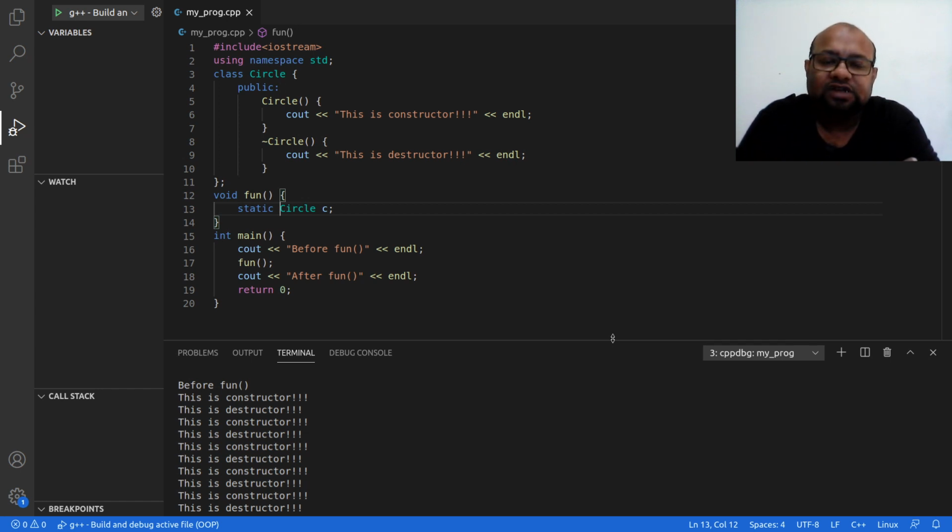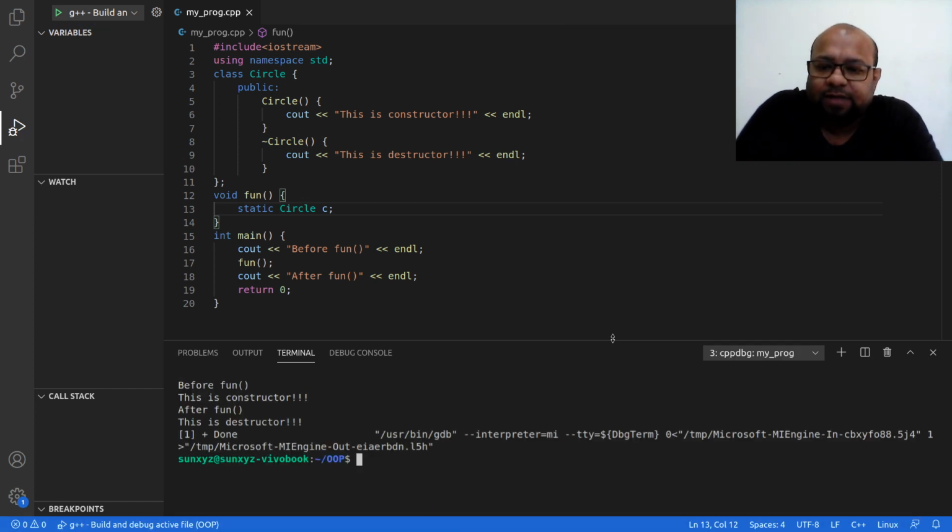When I return from the function call, that object that I created on the stack, that non-static object, got destroyed. But this static object is going to stay alive even if I return from the function call. When is it going to be destroyed? It is going to be destroyed when my program ends, because the lifetime of this object is the lifetime of the program. So let us go ahead and see if the things that I am saying are true.